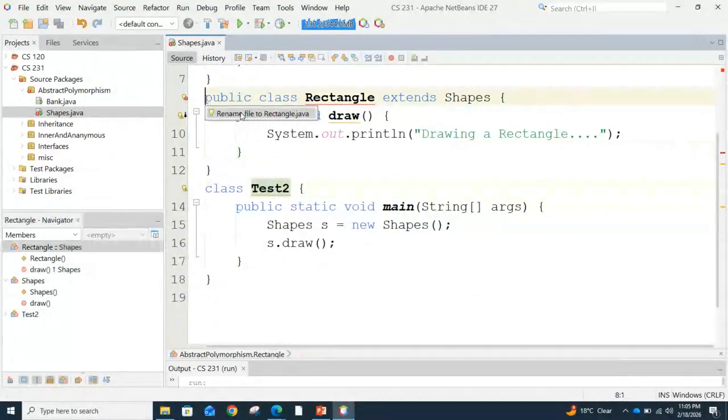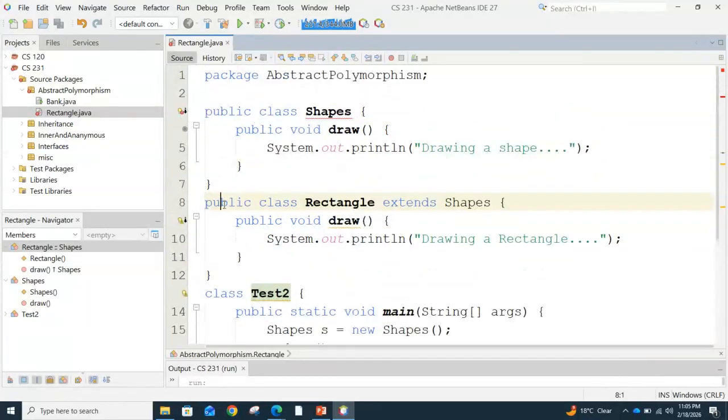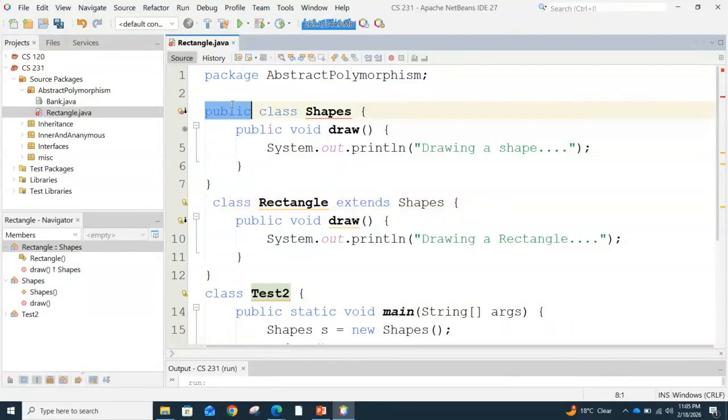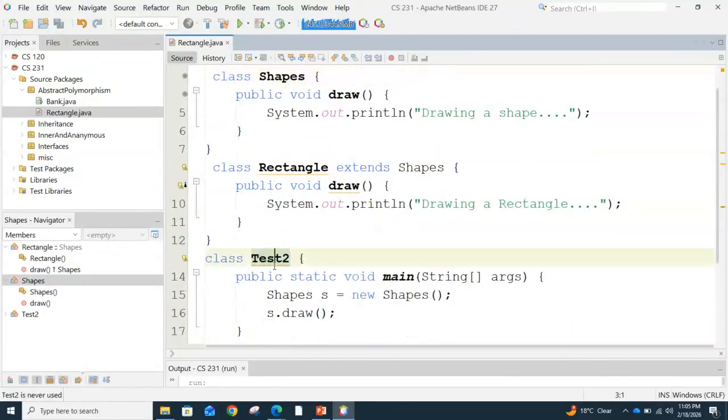It is just taking the name as okay. All right, so it's taking different because of public. Let me remove this public. Right, so now it's clear, it's gone. All right, so now here